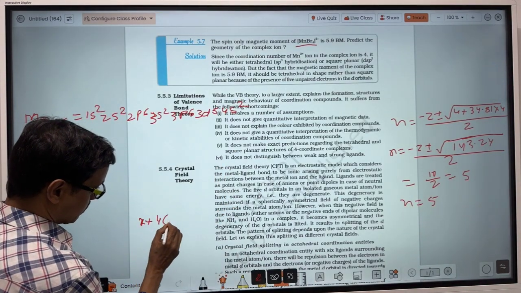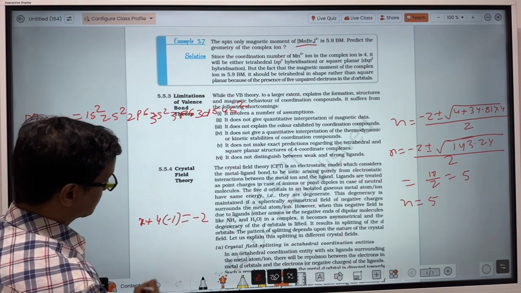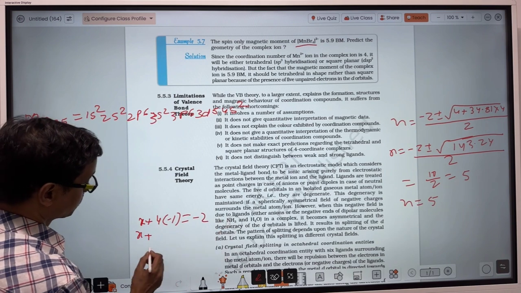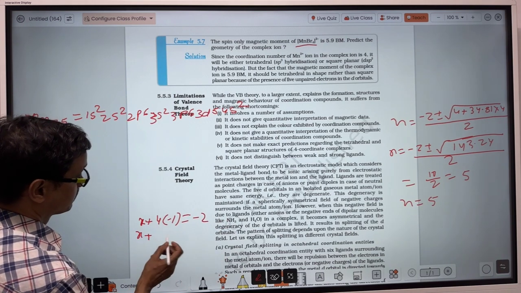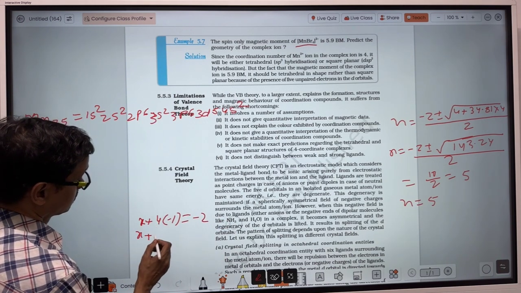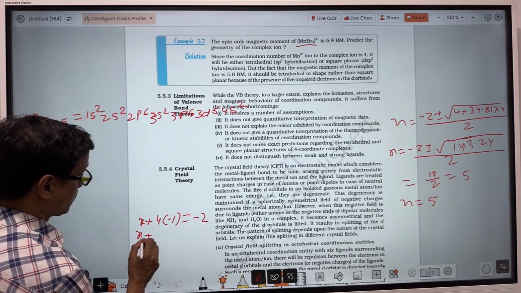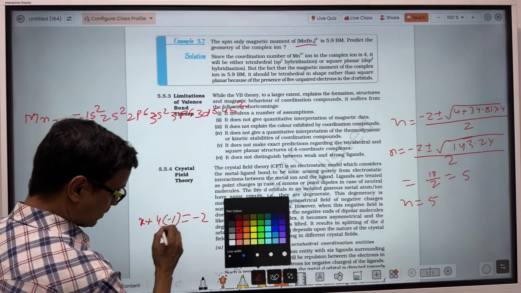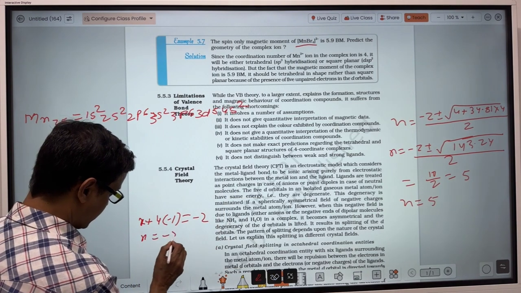So X plus 4 into minus 1 equals minus 2. So X minus 4, and that will go there. So X will be equal to minus 4 here. So X equals minus 2